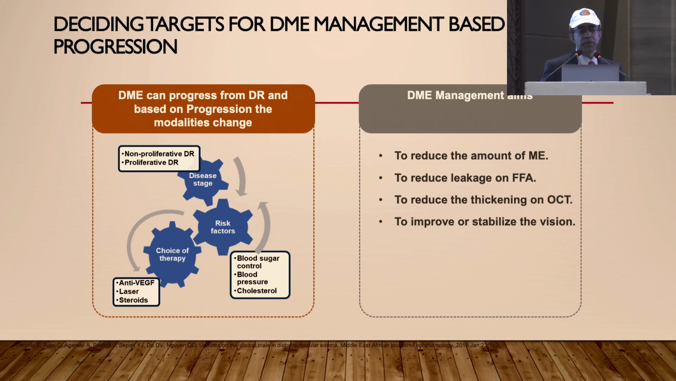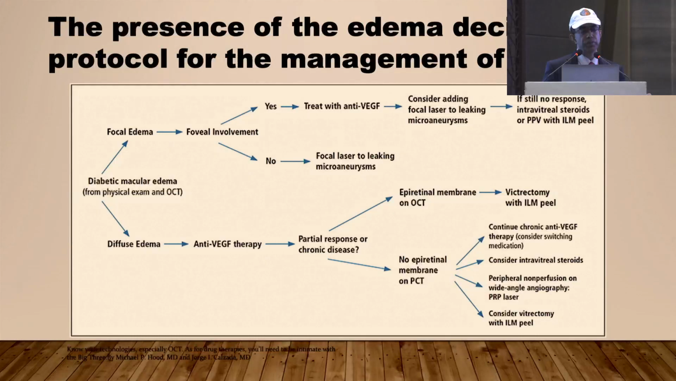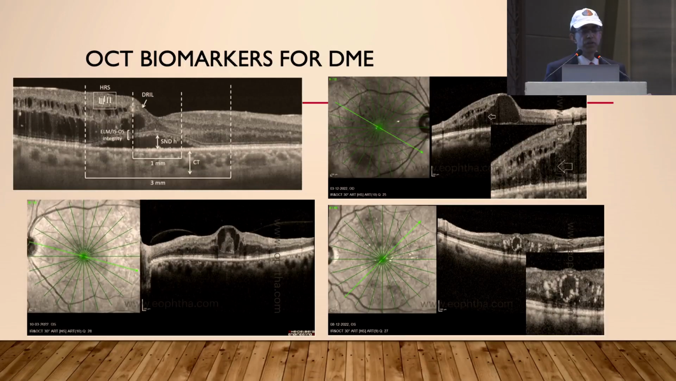So DME management aims to reduce the amount of macular edema, reduce the leakage on FFA, reduce the thickening on OCT, and to improve or stabilize the vision. And this is just an algorithm which shows how the presence of edema decides the protocol for the management of DME. And as I was saying, these are the various newer biomarkers for DME, like hyperreflective dots or spots,